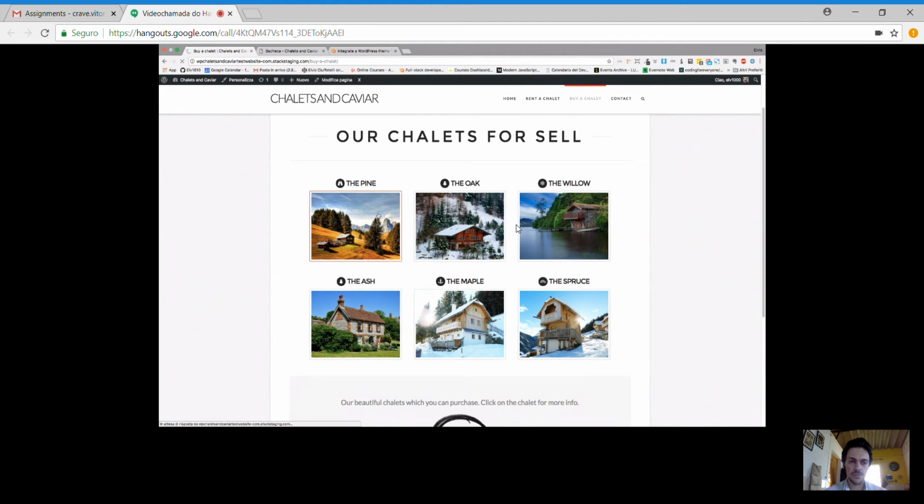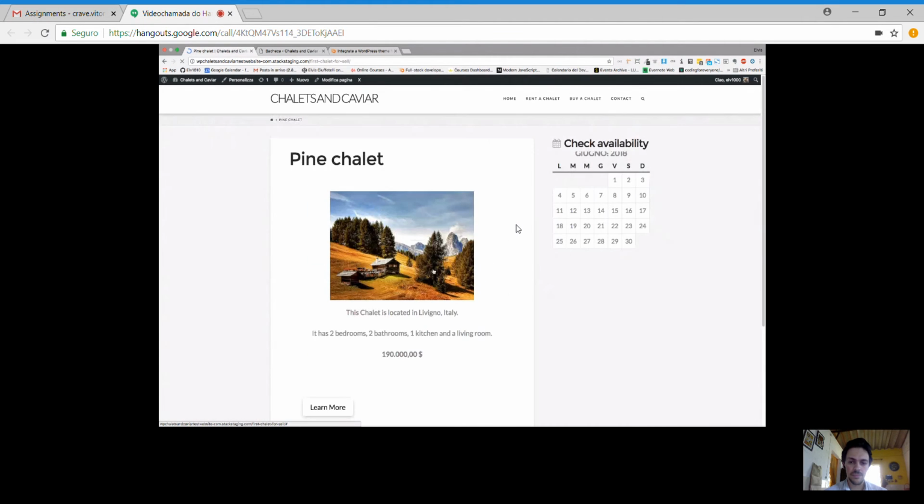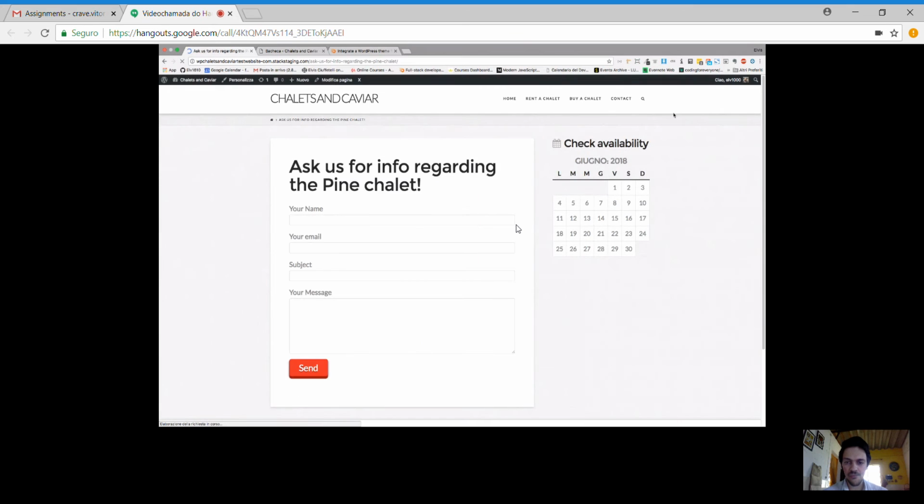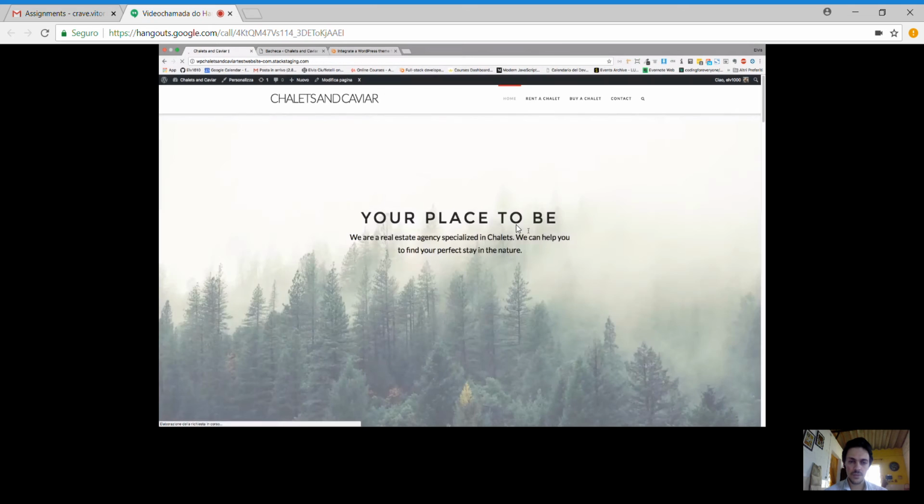If you click on one of these, this is the chalet. The same, the location, the rooms, and the price. This one is if you want to buy it. If you want to learn more, like for rent, you are redirected to this page linked with the chalet that you selected. For any chalet, you have a customized contact page. So very good. If we go to home again,